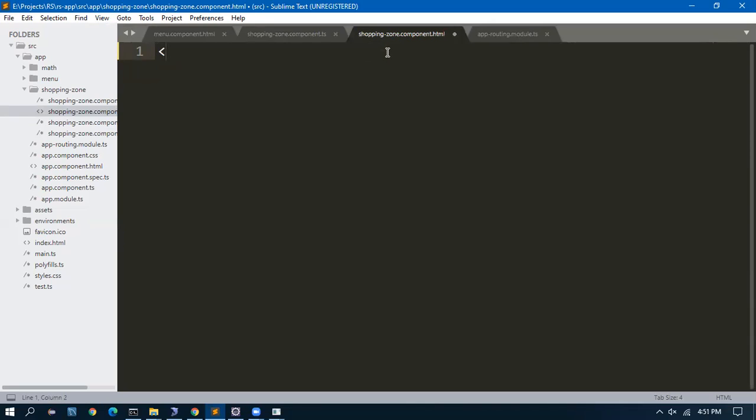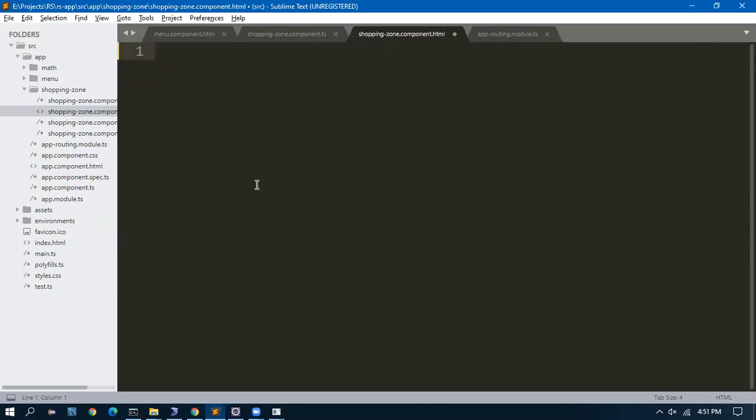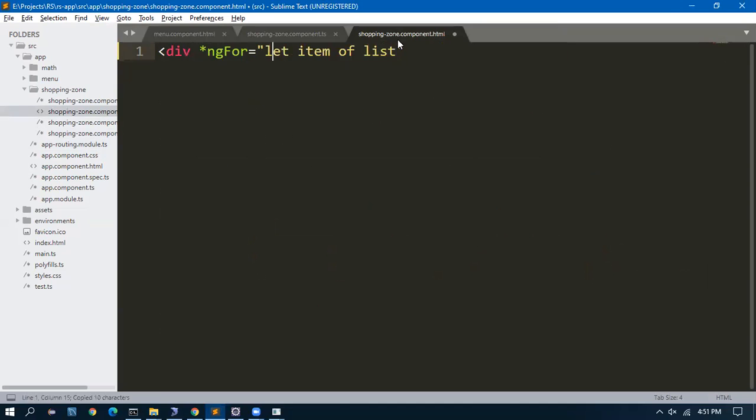We want to iterate and display, so for that I will use a div, and for now we'll start with the div and ngFor each item from the items array. What we have to do is just print the values. I have to print the item.